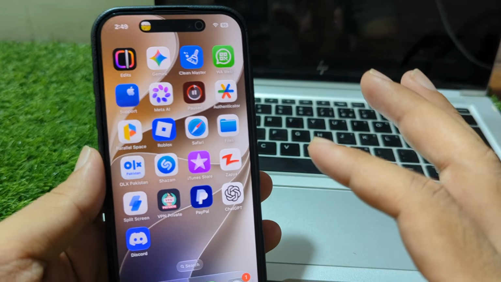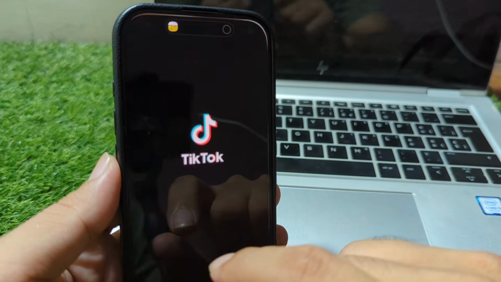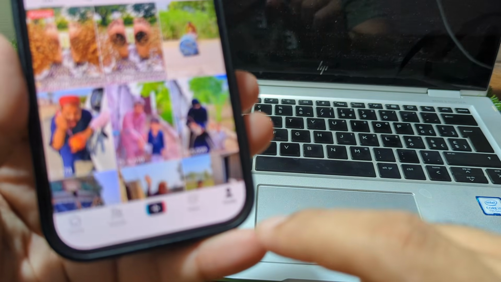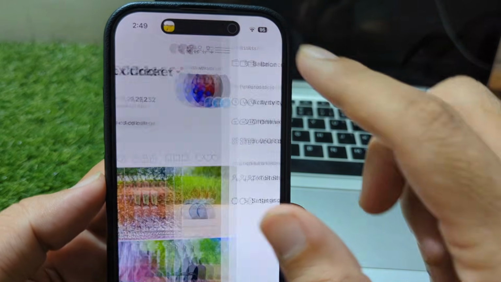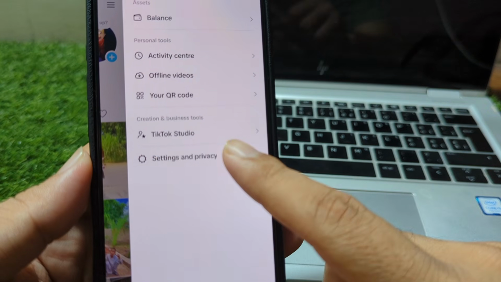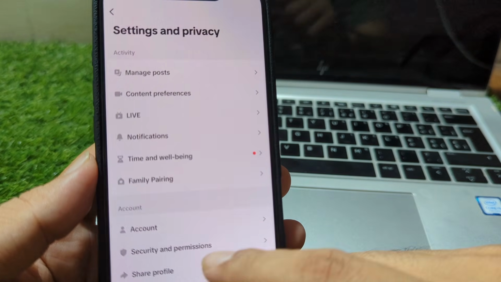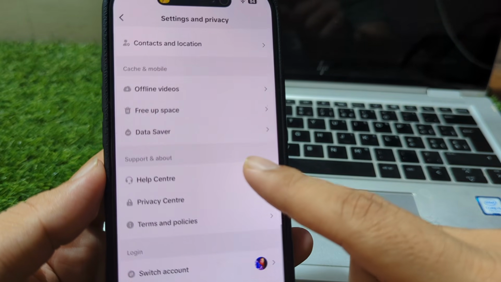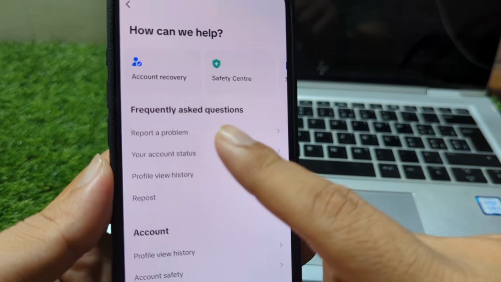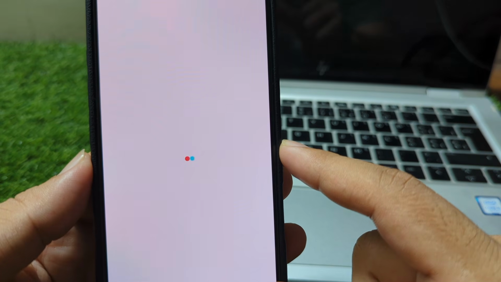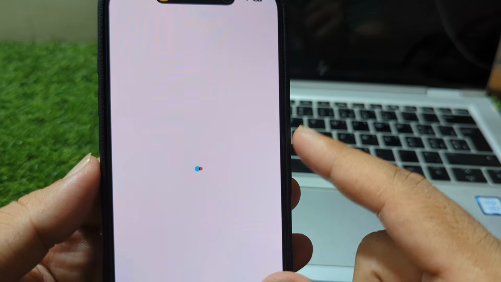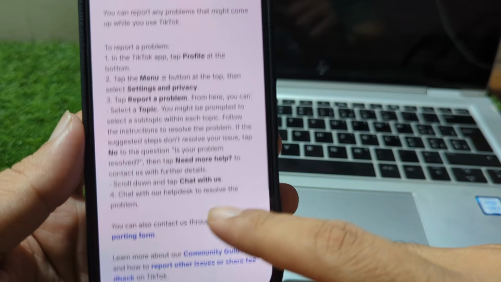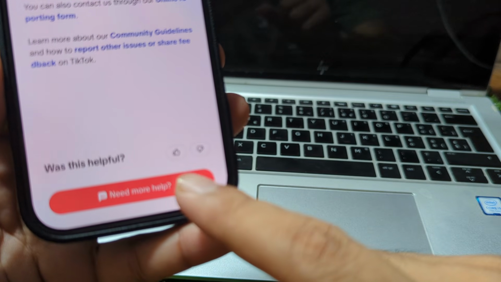then go back to your home screen, and now you have to simply open your TikTok and then tap on the profile button, and then tap on the three lines button, and then tap on settings and privacy, and then you have to simply scroll all the way below, and then go to help center, and from here tap on report a problem, and then you have to simply wait for some seconds here, and now you have to simply scroll below and tap on need more help,